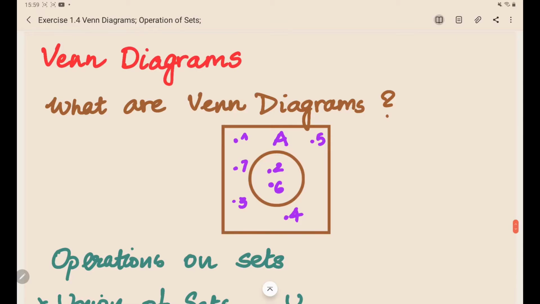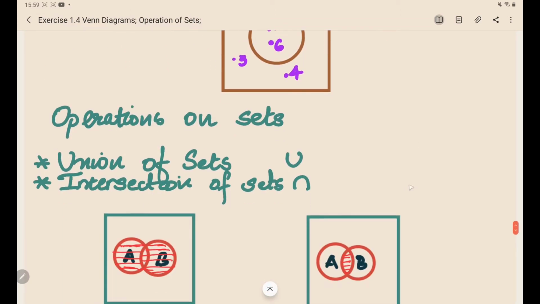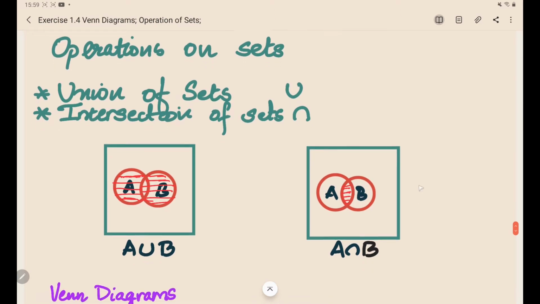Hello everyone. Today we will be discussing the continuation of chapter 1, Sets, on NCERT Mathematics class 11th. So this is chapter 1, Sets, and today we will be discussing the theoretical explanation for the exercise 1.4. First we'll discuss what Venn diagrams are, then we'll discuss the different operations on sets